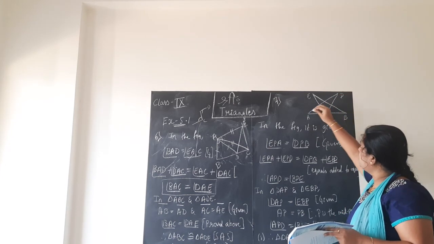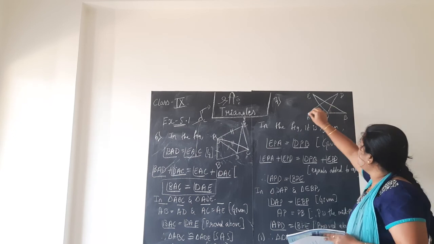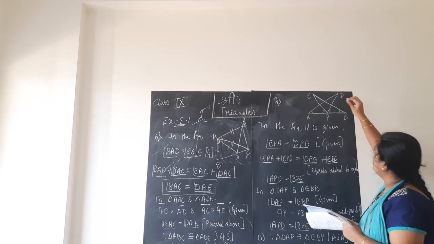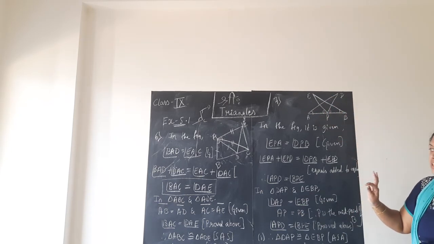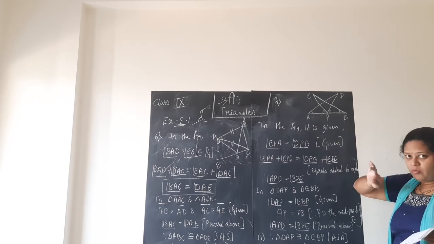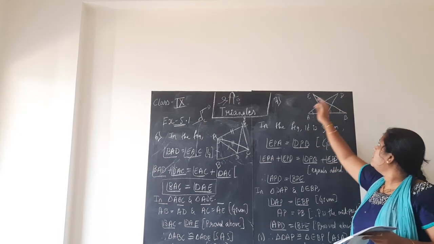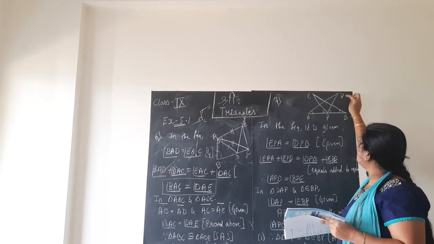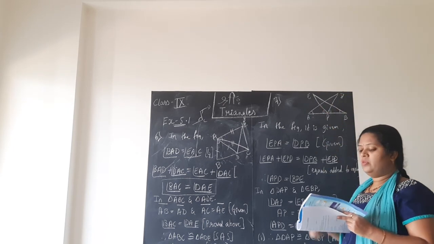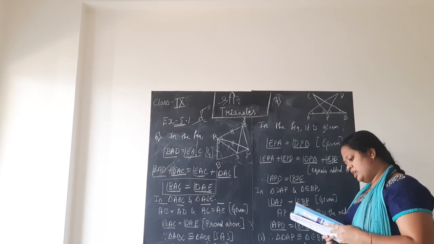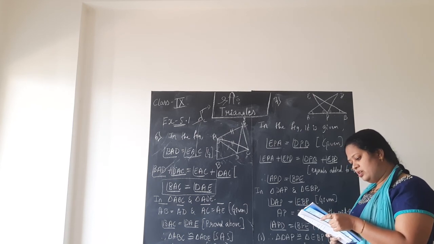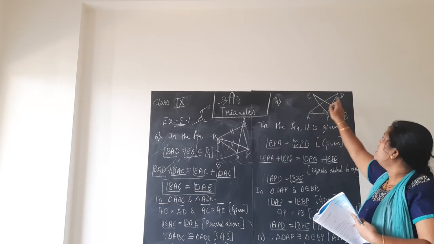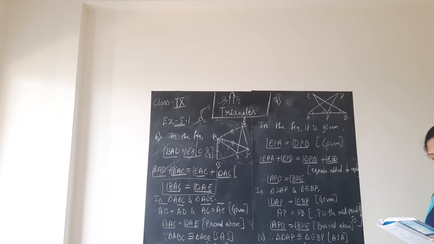BAD is equal to angle ABE. They have given us angle P equal. These angles I am marking now. Angle BAP and angle BAD, this is D. The angle BAD and angle ABE are equal, and angle EPA is equal to angle DPB. They have given this, and we can make it out by looking at the figure.